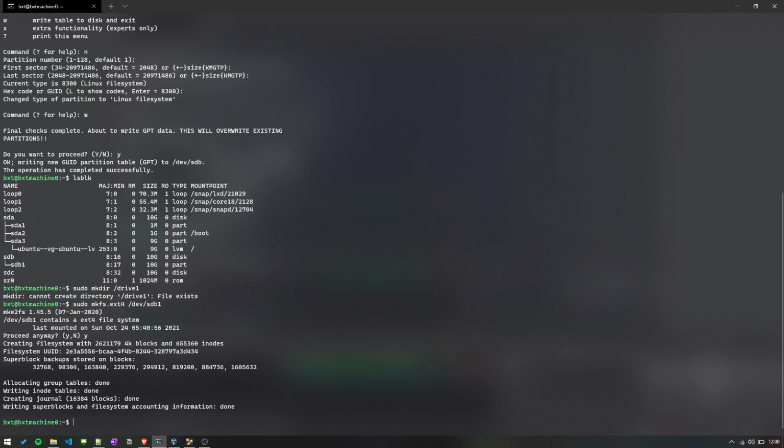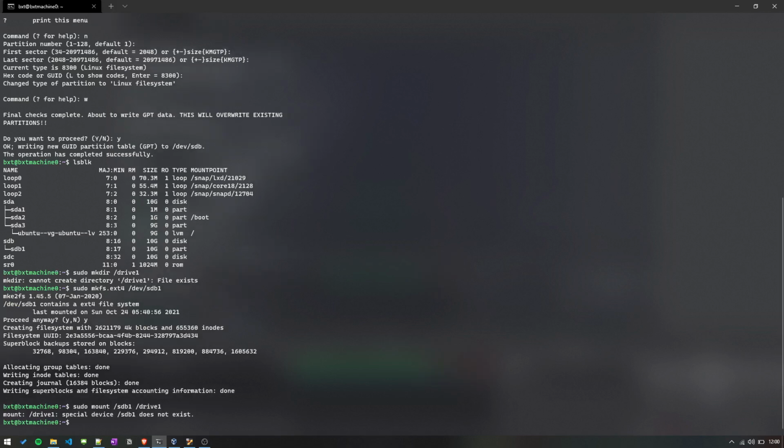Now we'll mount this partition onto the drive1 folder. How can you do that? sudo mount, now the partition name, that is sdb1, and the mount point, that is drive1.